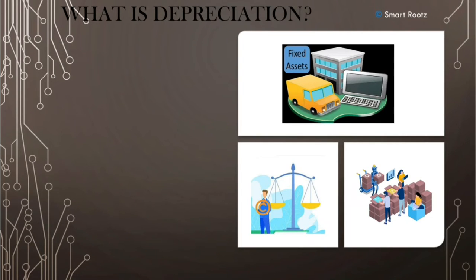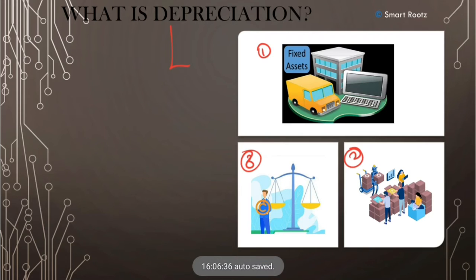So we studied and identified the different categories of assets in the previous video, namely the fixed assets, the current assets, and also the intangible assets. When we talk about depreciation, which category of asset do we associate this concept with? Current assets include inventories and receivables that are encashed within a period of 12 months. So they are encashed within a very short span of time, and thus there is no need for a concept